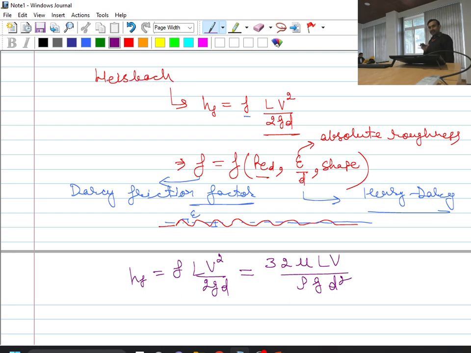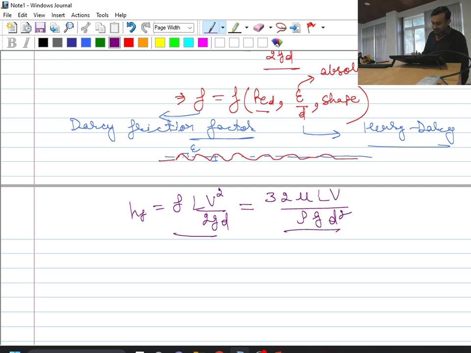Okay, so I can equate this. This is coming from the fundamental theory, where I have calculated the pressure drop by considering the parabolic velocity profile, and the first one is coming from the formulation which was proposed by Weisbach for all types of flows. Okay, so in this